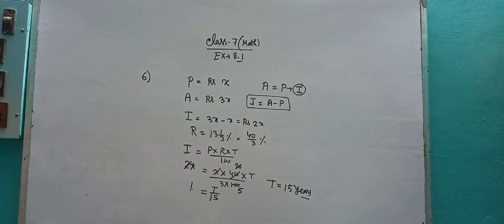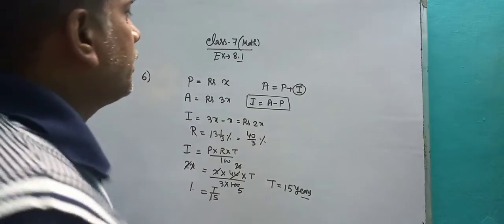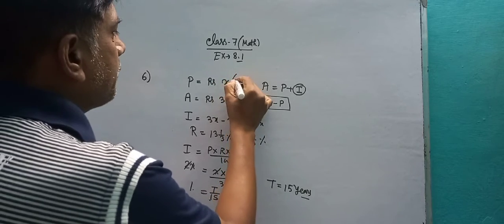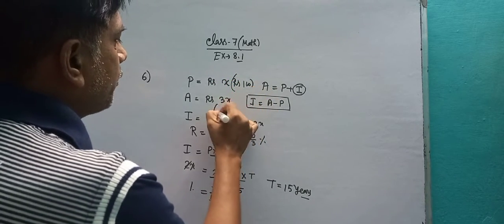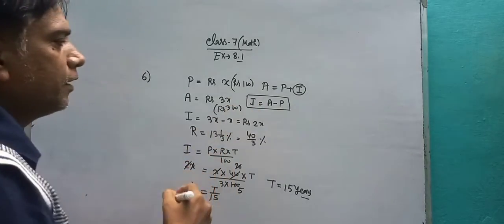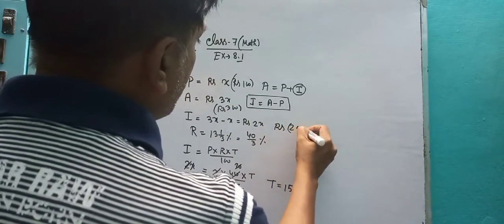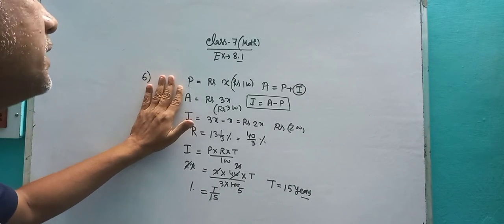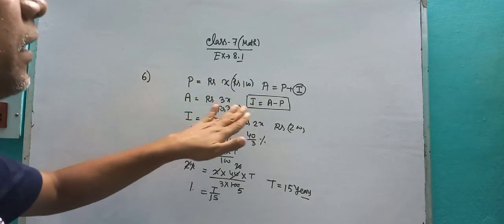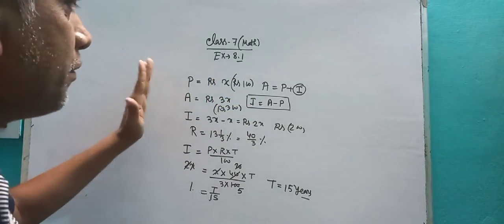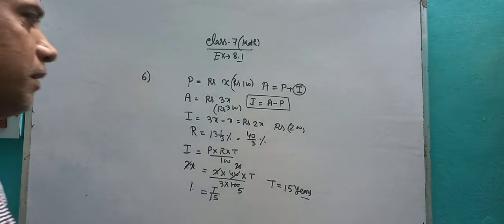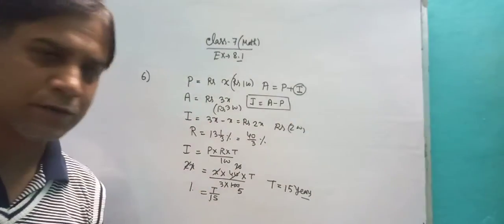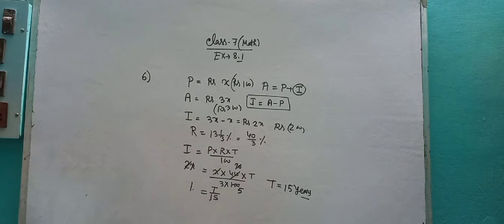So 15 into 1, that's why you can say this is 15 years. For this math, if this is your homework, you can take the principal as rupees 100 and it will become rupees 300, then the interest will be rupees 200. In that way you can also do the same. I am using x because I think it is easy. Some students say, sir, if you use 100, I feel it is easier. So whichever you prefer, you can do. Whichever way you do the math, your correct answer is the same, 15 years. Okay, so in this way practice this chapter. Next day we will do the next part.